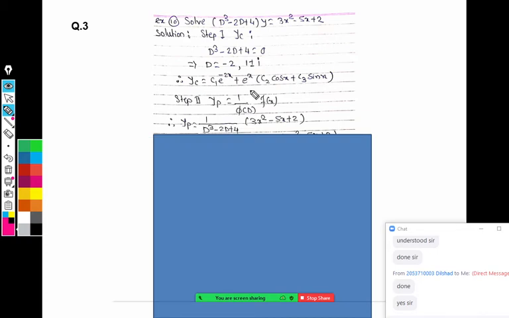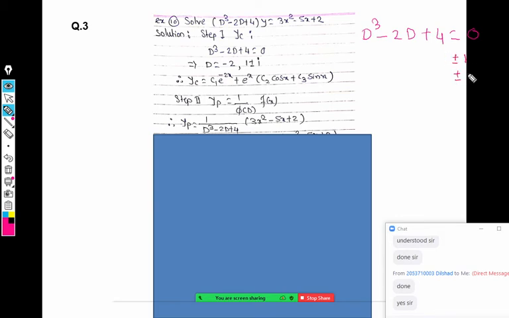Okay, whatever. This is the cubic equation. Whenever we have a cubic equation and we have to find its roots, first write the equation: d cube minus 2d plus 4 equal to 0. Focus on the constant term, which is 4. The factors of 4 are 1, 2 and 4 itself. So what are the possible roots? Plus or minus 1, plus or minus 2, or plus or minus 4. These are hit and trials for us.